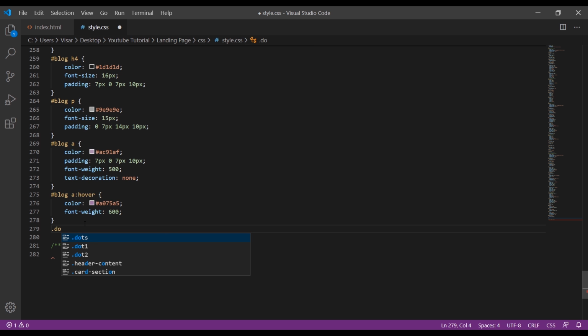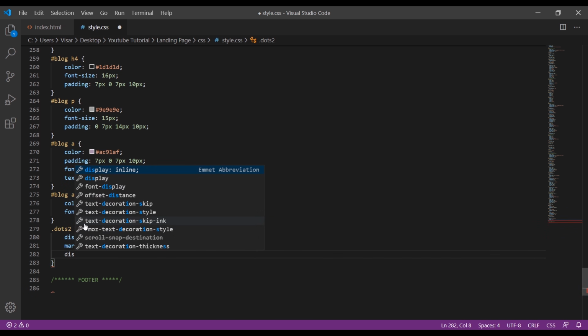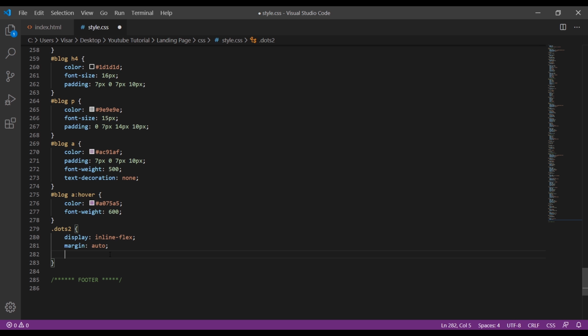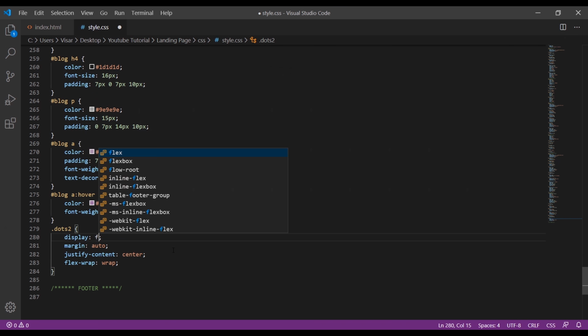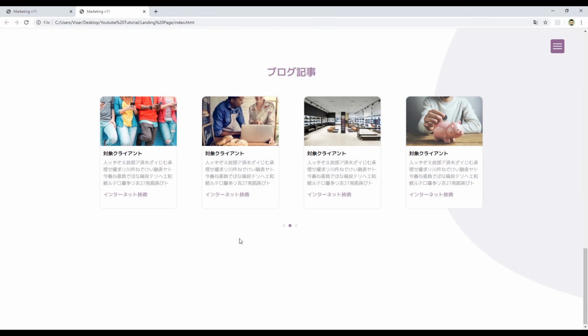So we target dots, display, inline, flex, margin, auto, display, flex. Actually, I don't need this. Just justify content center, flex wrap, will be wrap. Okay,